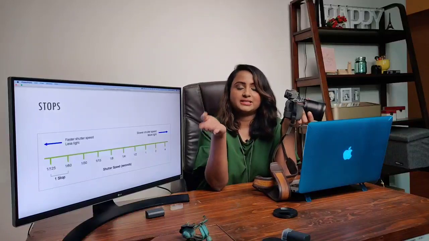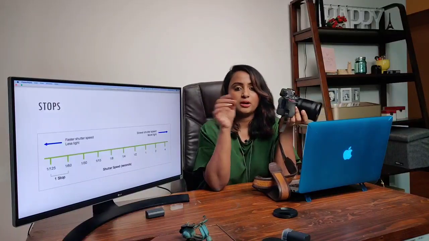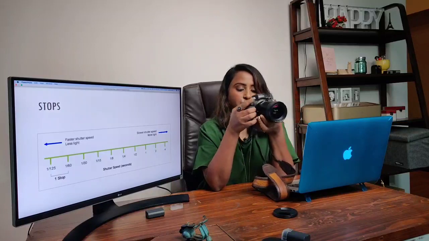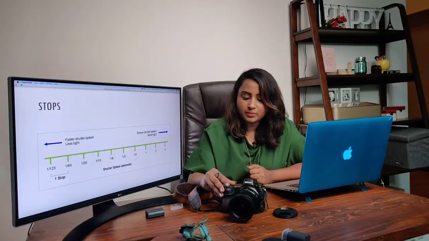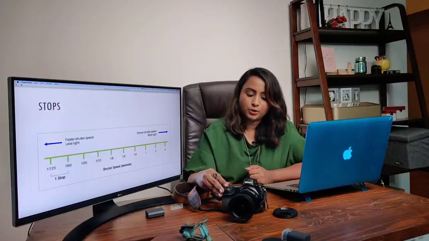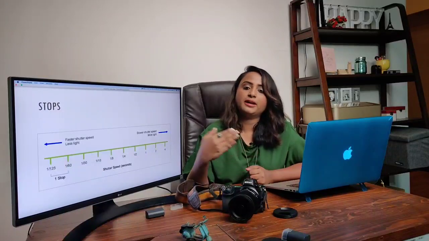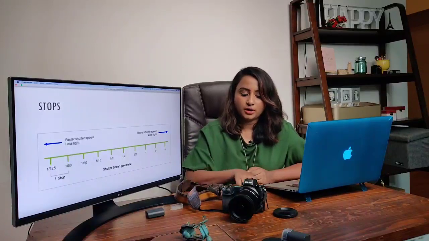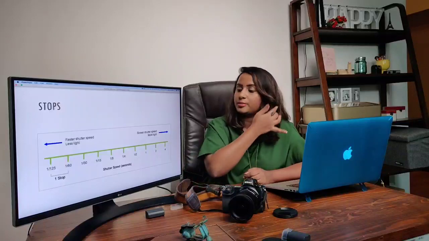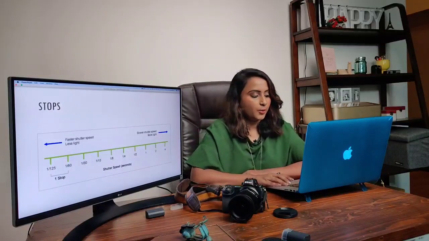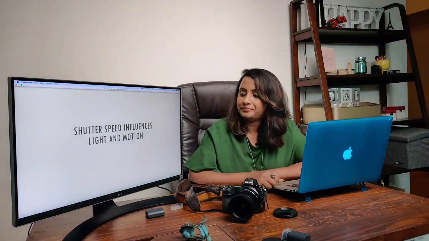So I had to do it thrice to get to that level, because like I said, there are intermediate stops in your camera for your benefit. So every time you change your value in your camera thrice, you're increasing or decreasing 1 stop. So you're shifting 1 stop by changing the value thrice in your camera. So just remember that. Okay, so going ahead,